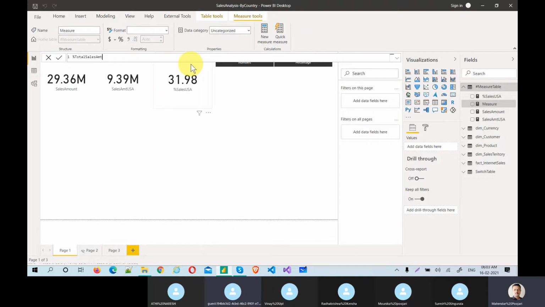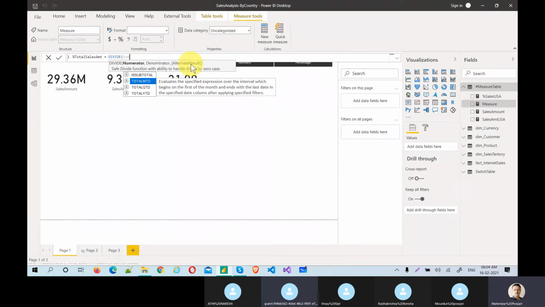The user defined name, we can write anything which is meaningful. And here what we are going to write is percentage of total, DIVIDE. What is the numerator? Our total sales amount, total sales.